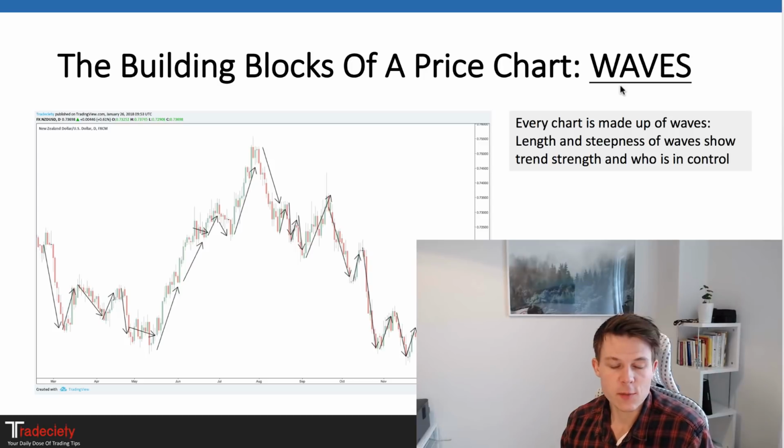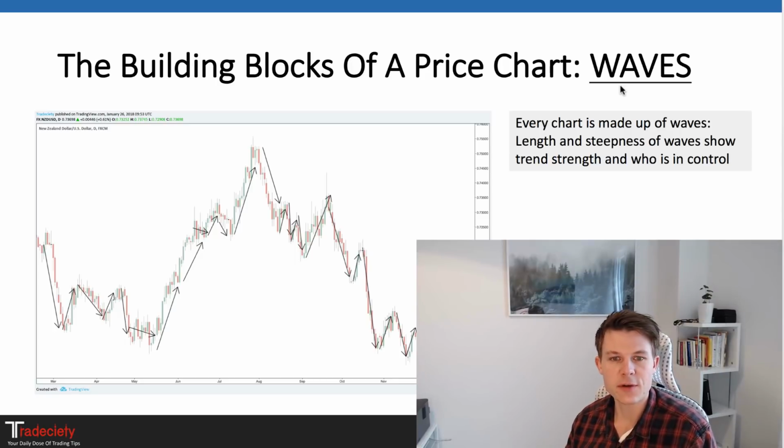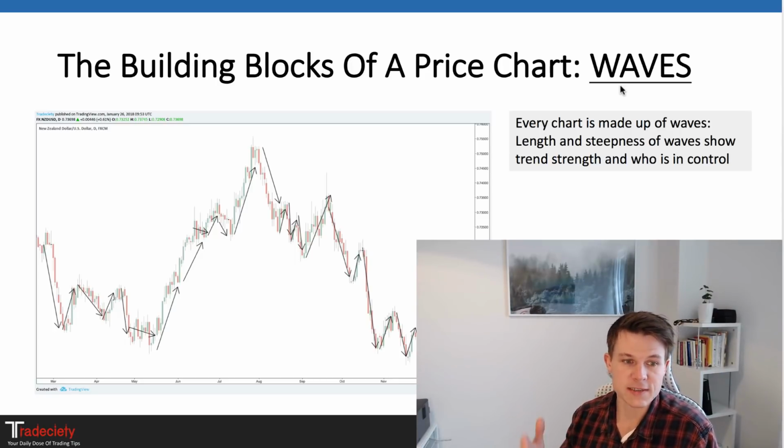So whether we look at breakouts, at ranges, consolidation, trends, pullbacks, the building blocks of all those phases are what we call waves. Very important. Those things have nothing to do with Elliott waves or Wolf waves or any of those wave theories. It is just the term that we use to describe when the market is going up, we have a bullish wave. When the market is going down, we have a bearish wave. And that is the general terminology that we use.